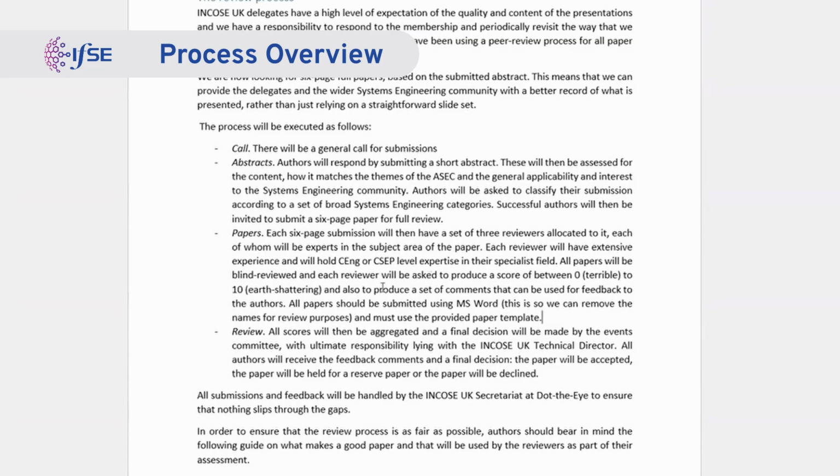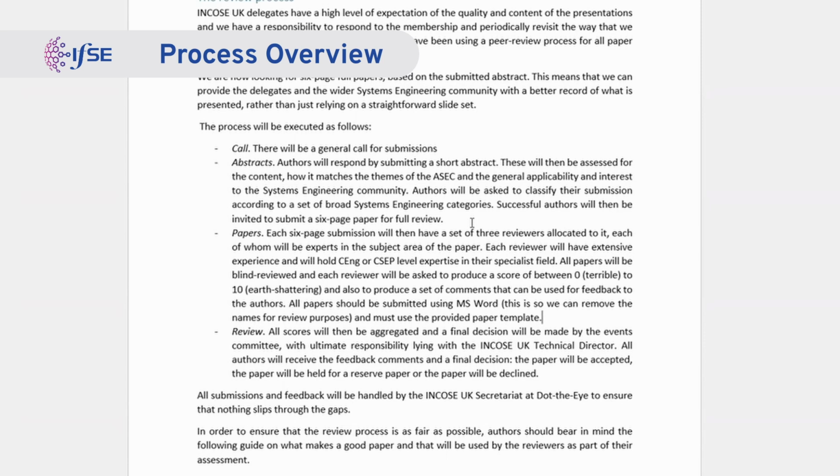to identify which area of systems engineering your paper is focused on, because as I said, that's how I allocate the reviewers. That's the only way that I can allocate the reviewers. I have a pool of reviewers as well. This pool expands every year, as we invite more people each year to go onto it. I know what areas they're qualified to assess papers in, and the allocation is done on that basis. All reviewers have a minimum of CEng or CSEP, and they identify a number of, usually 3, different areas that they feel they're qualified to review on.